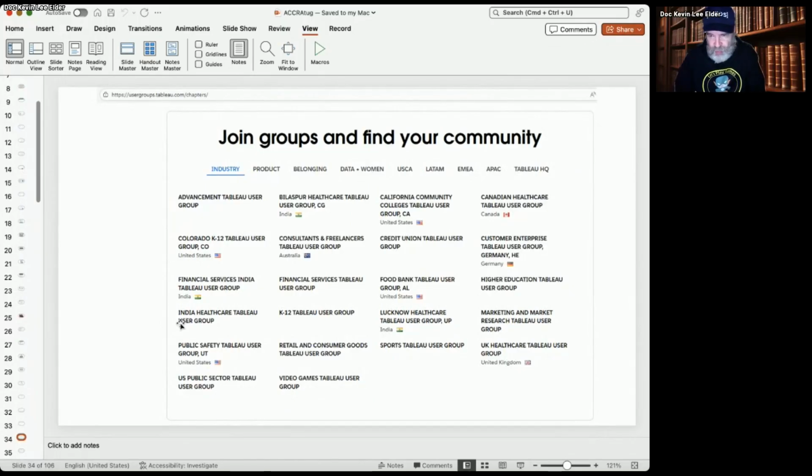But there are lots of groups where you can get with folks and see who's out there, who's doing what. I've got a similar kind of problem. I'm in this industry. And so I'm doing financial services or banking. Where can I learn more about that? Well, we've got a financial services Tableau user group, which I've spoken to as well about the real world fake data, where you can go and get practice on financial services data. If that's your industry and you want to grow there, we've got a group for you.